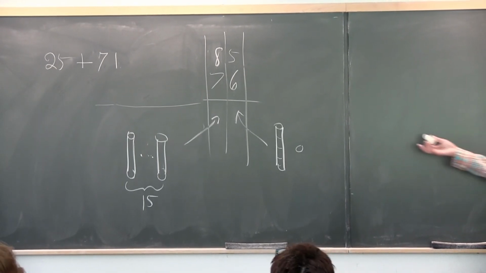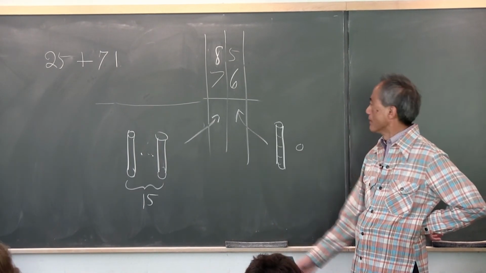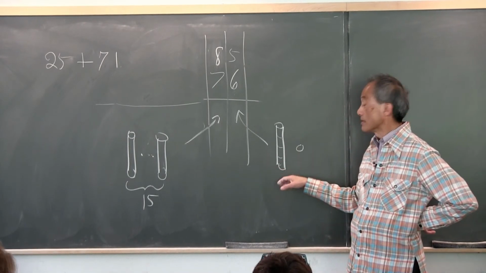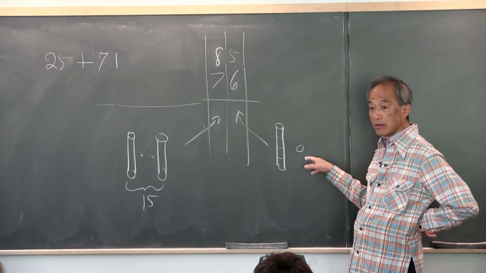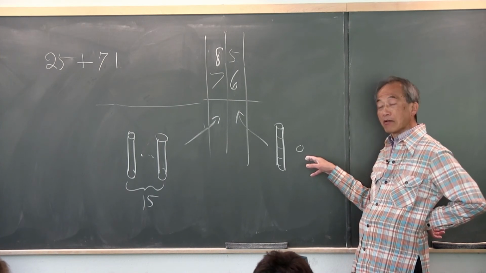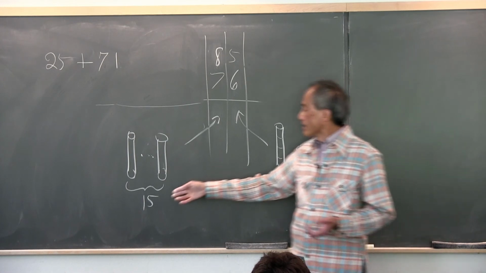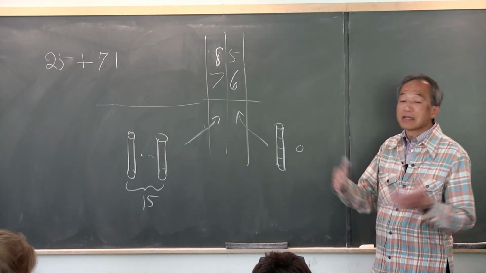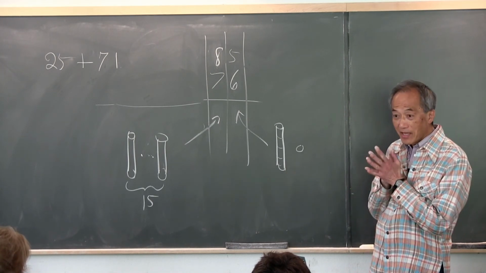So now you ask them, how many do you have? Well, they can tell you. It's 15 bundles of 10, one more, so 16 bundles of 10, and then one straggler. Now 16 bundles of 10, that they should also know. 10 bundles of 10 is 100. 16 bundles of 10 means,